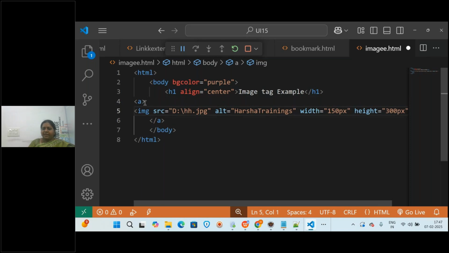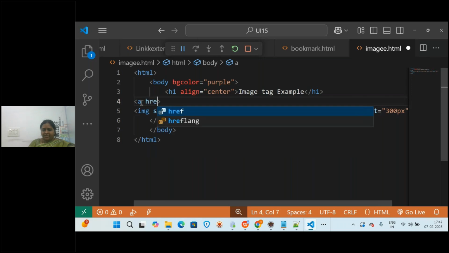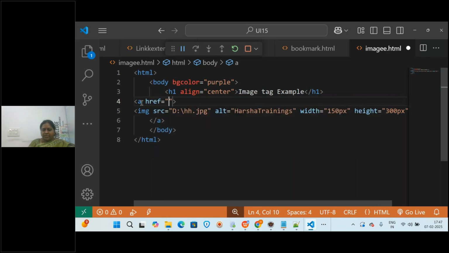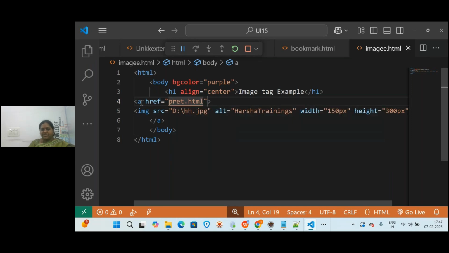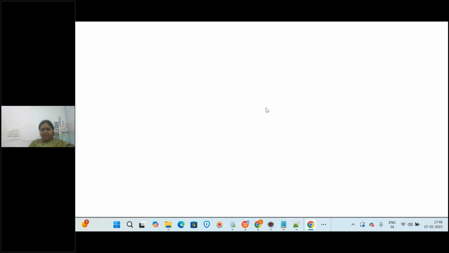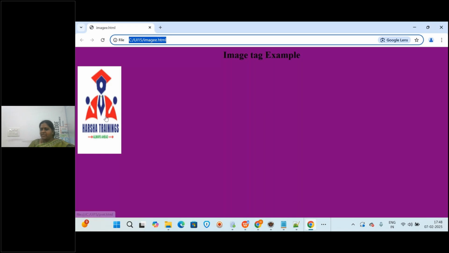Now what will I write in the anchor tag? Href is equal to, in double quotes, I'm going to write some basics or any other heading or page that I have given. Now I'm saving this, anchor tag, a href and any other attribute. I will tell you about one more attribute also, but let us see how it executes. I'm going to click F5. Now, can you see the hand symbol?